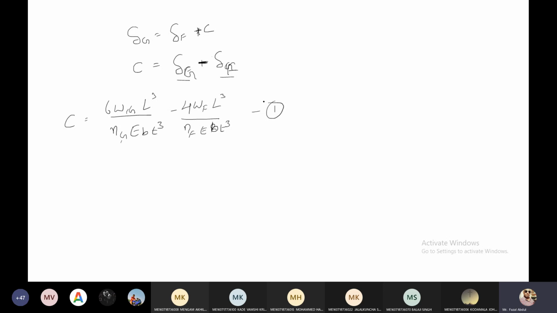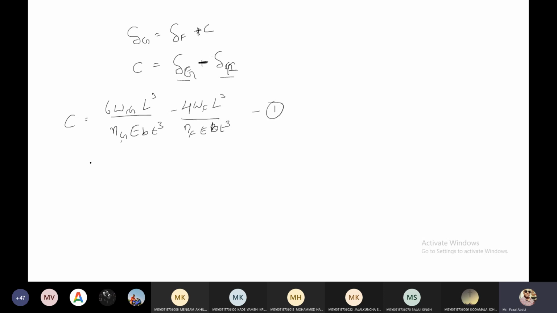Whatever numbering I am giving to the equations, remember Babu, those equations are going to be used in numerical solutions. So remember this point. Whatever number I am writing, you have to learn these equations by heart.